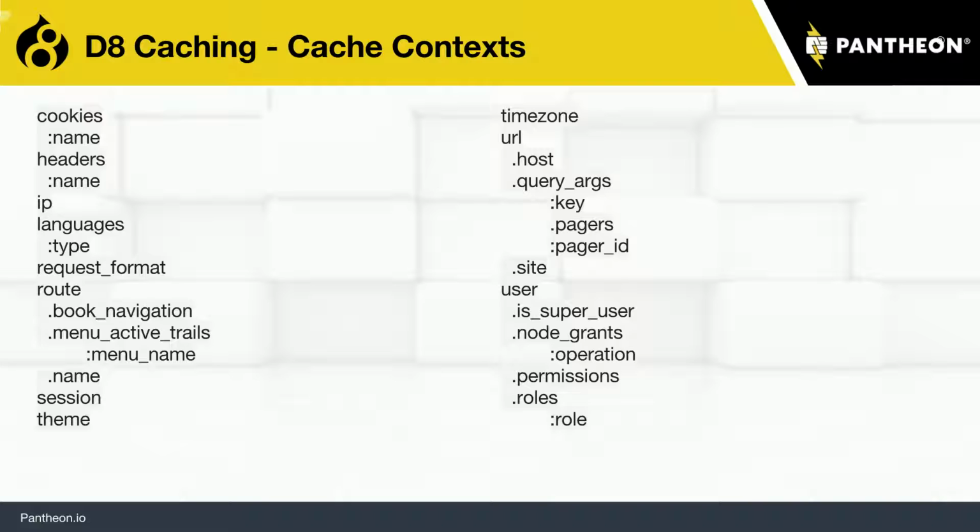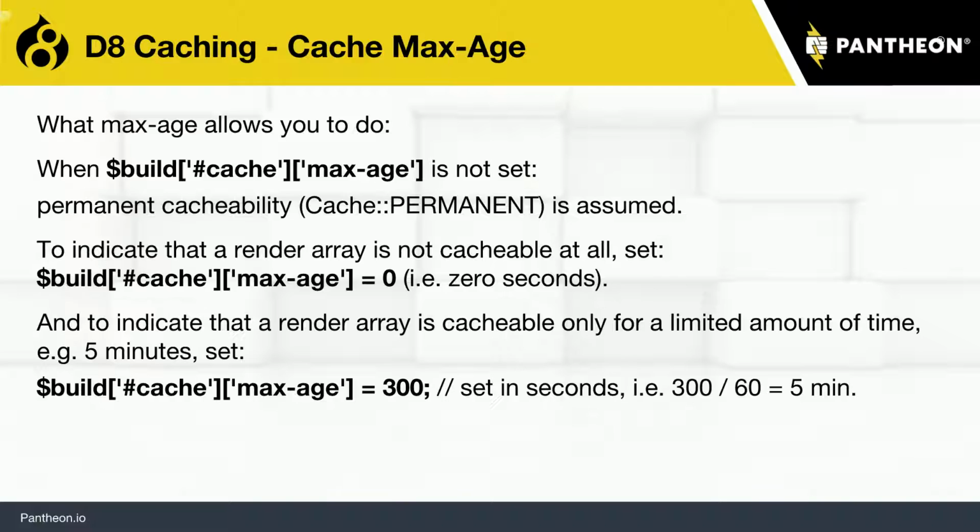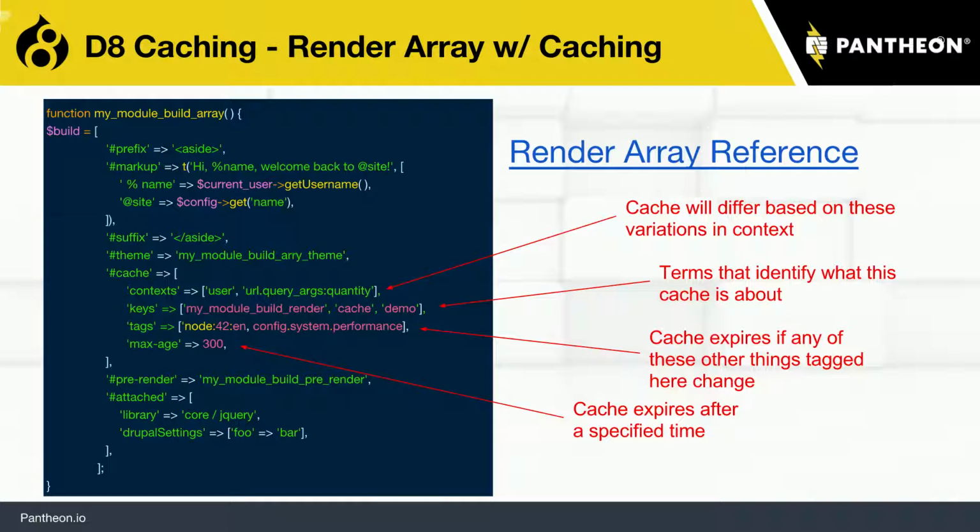And the possible contexts that can change are cookies, something in the headers, the user's IP, the language, the route that it was on, a session, a theme that was in use, something that was in the URL, or something about the user. All those things, if they are present here in the cache tag,